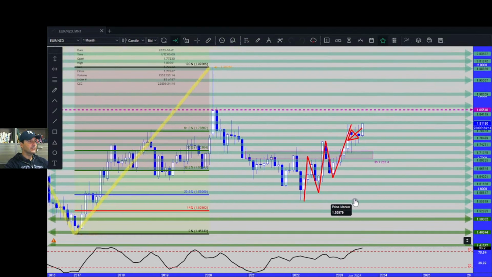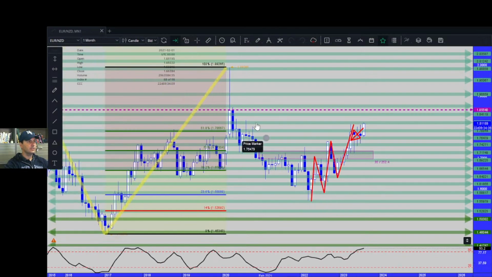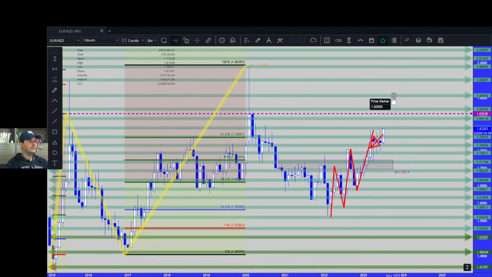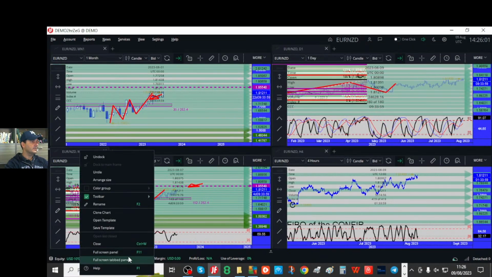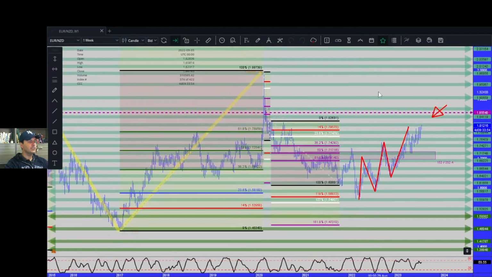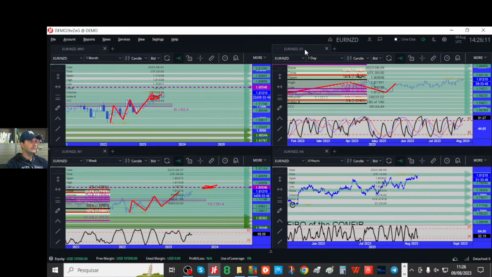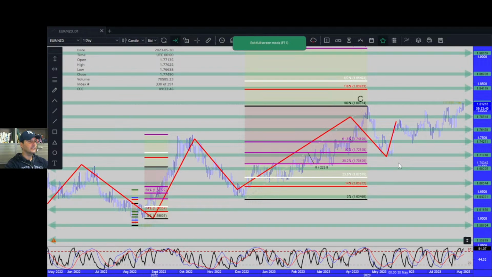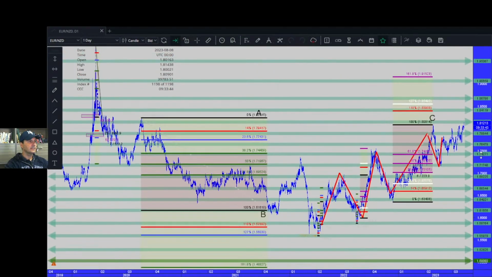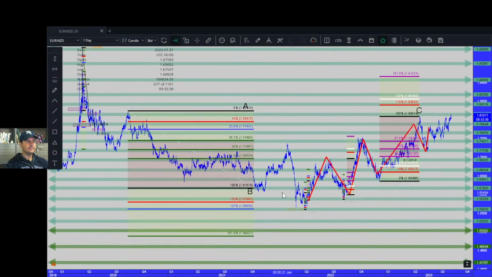Everybody, Euro New Zealand, see? Euro New Zealand here. Original Fibonacci is up, right? Euro New Zealand monthly chart, original Fibonacci is up. Euro New Zealand weekly chart, the original Fibonacci is up too. But when you go on the daily, how is the daily original Fibonacci? Down,